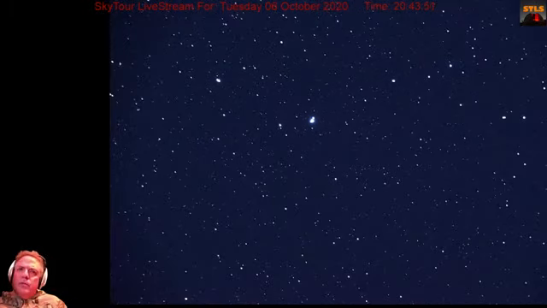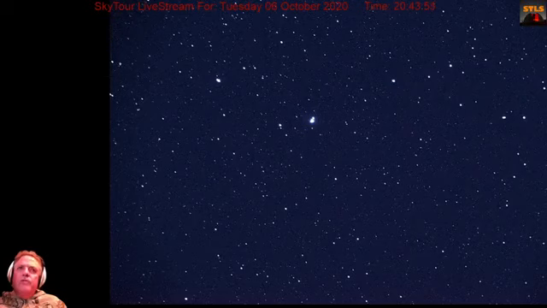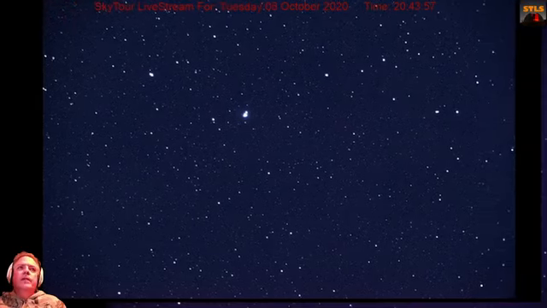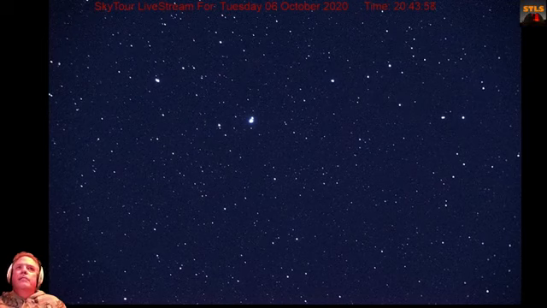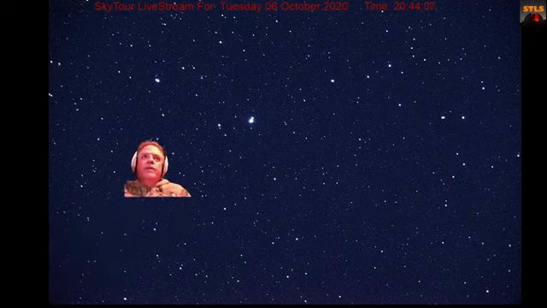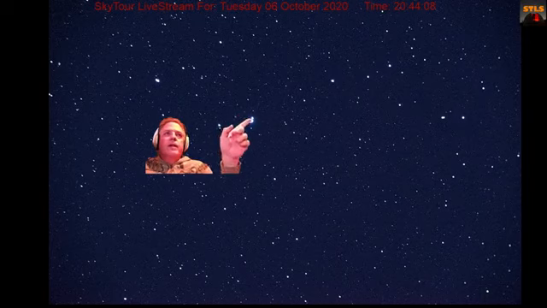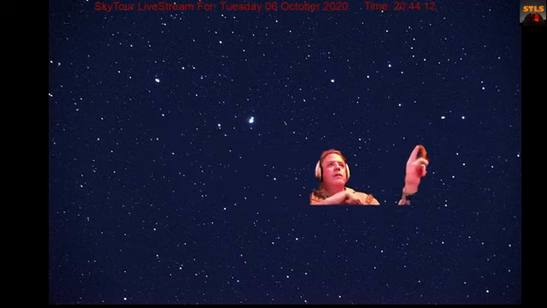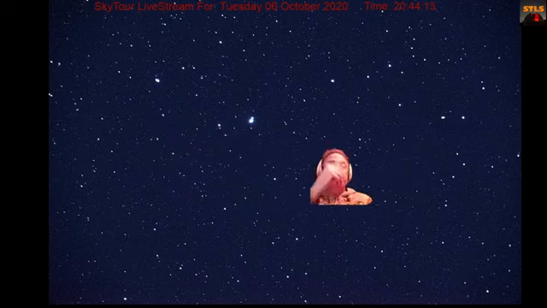I'm going to just move it over a little. That's what I want to do. Okay, and the elephant's trunk region is right here. You can see these stars I was telling you about, and the elephant's trunk is right over here. You can't really see it too well because I'm in the way, number one.